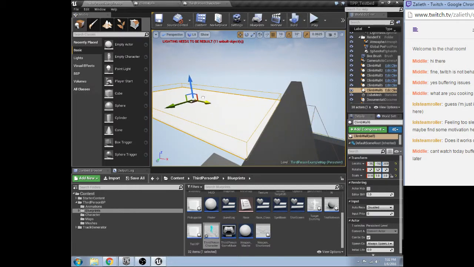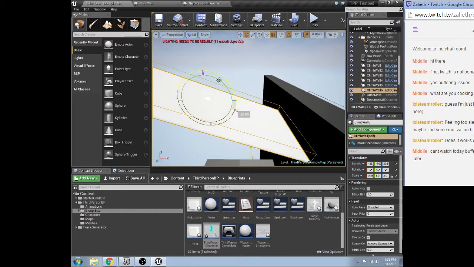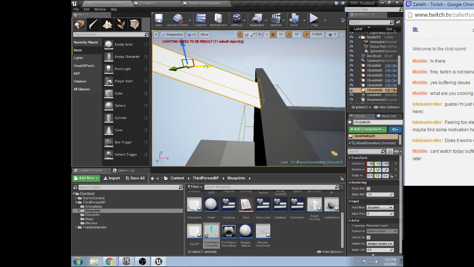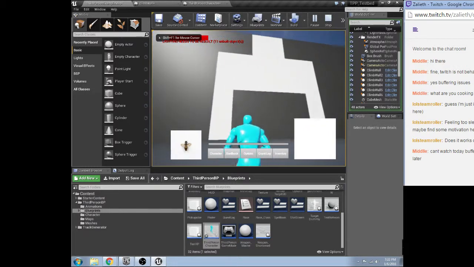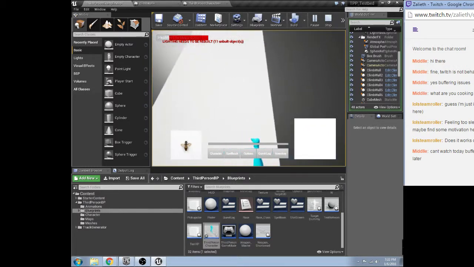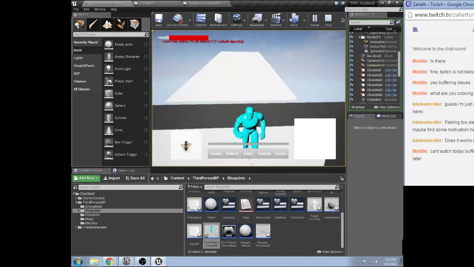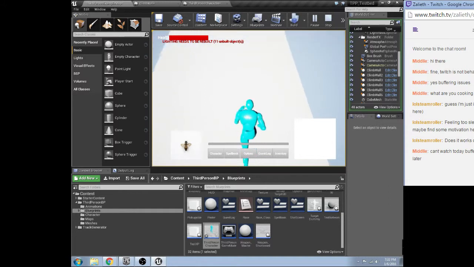Theoretically, this should work just fine. Alright, let's do this. I hate that it does this backwards thing, but I don't know why it does it. Okay, so